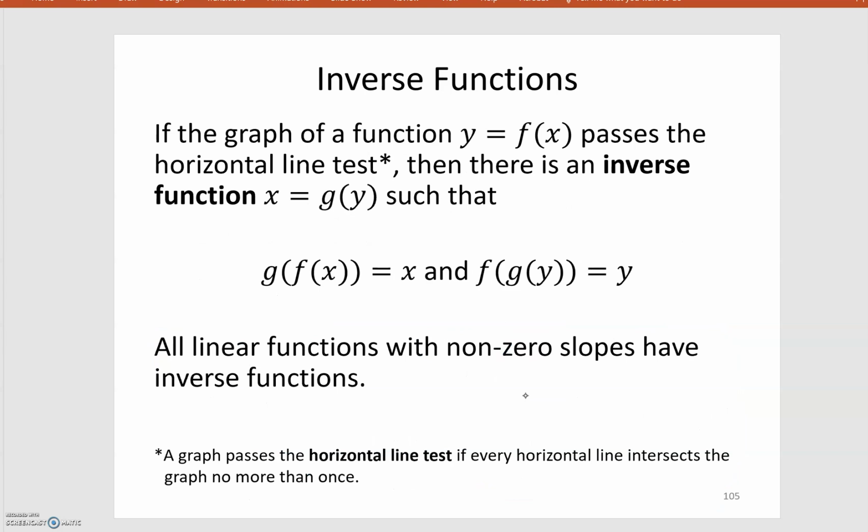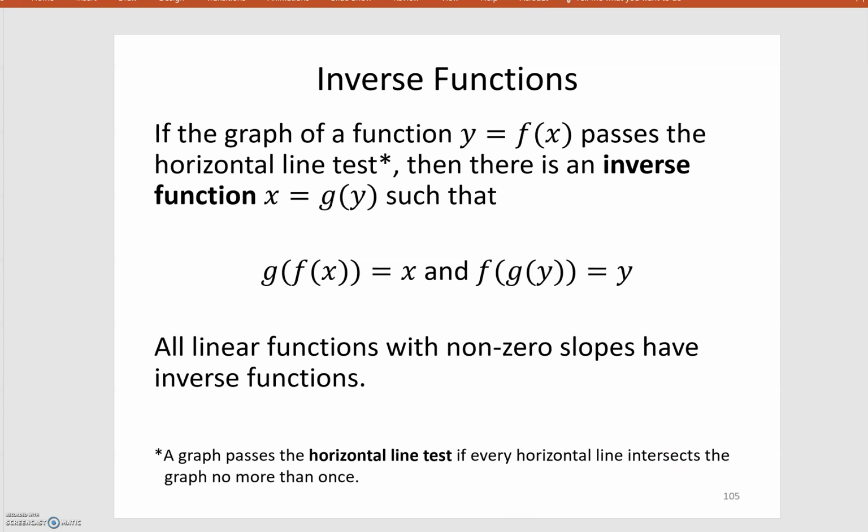All right, so we're going to move on now to a new subject. It's still related to linear functions, of course, but this is sort of a broad subject that we will return to in other chapters, and that's the idea of an inverse function. Now, we're just kind of scratching the surface of inverse functions here. This can be sort of a deep subject, but we're not going to go too deep into it. So what is an inverse function? Well,